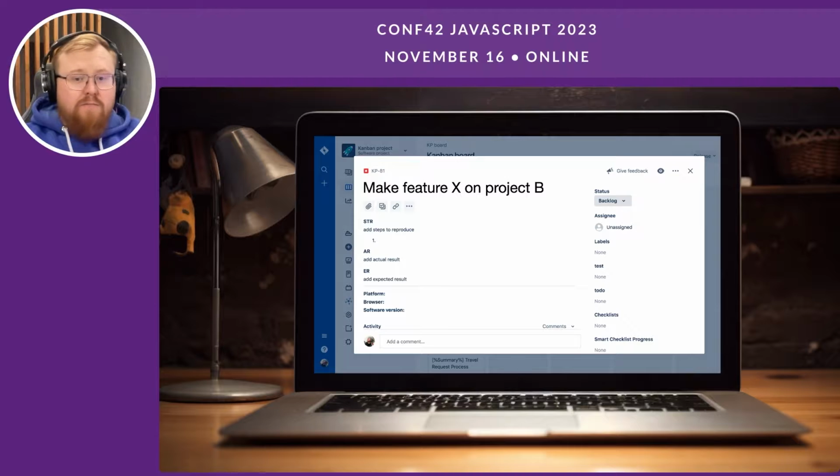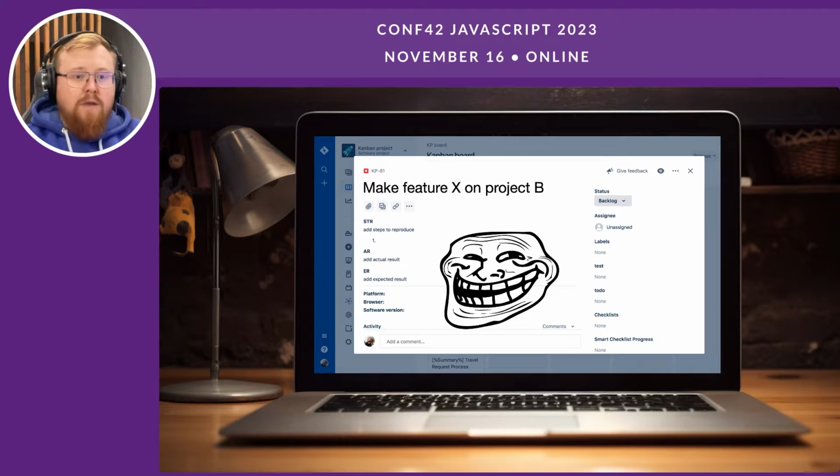You read about best programming practices and know you should reuse code. But the feature seems small and you already know everything about how to make it. Plus, the projects are from different domains. It's unlikely to happen again in the future, right? So, you copy the code and release feature X on project B. Very quickly and easily. That's a good practice too. But half a year later,